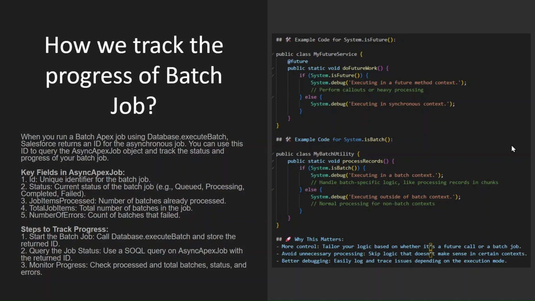Then we have this JobItemsProcessed. So number of batches already processed can be seen in this JobItemsProcessed. Then TotalJobItems. So this is total number of batches in the job. Then we have this field NumberOfErrors. So it is the count of batches that failed. So steps to track process